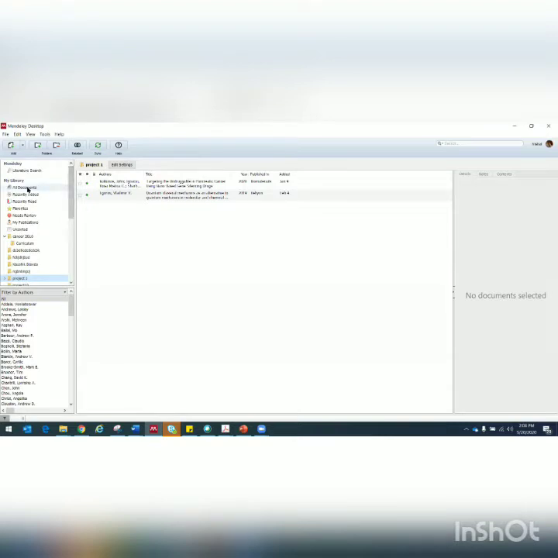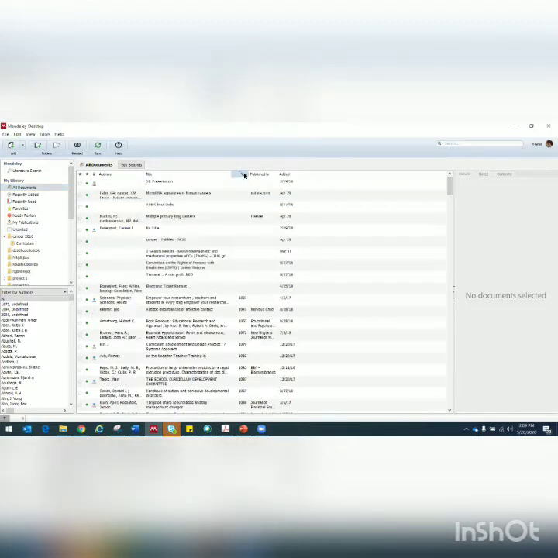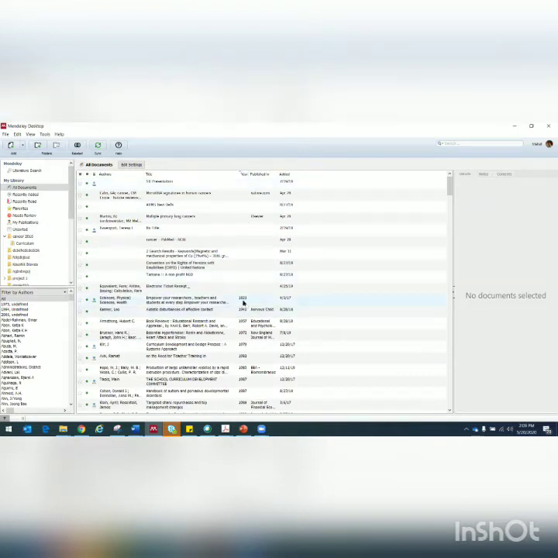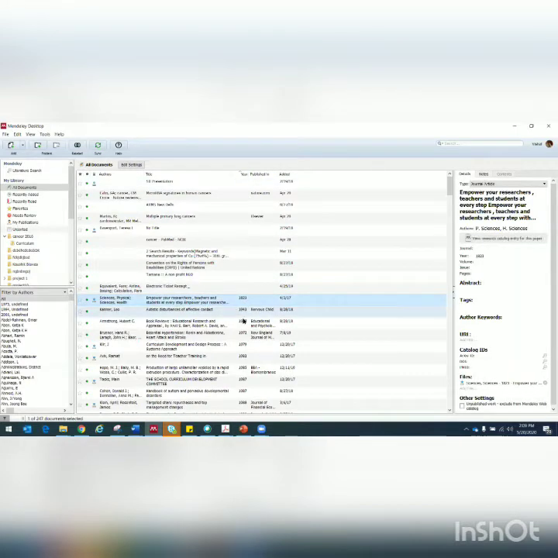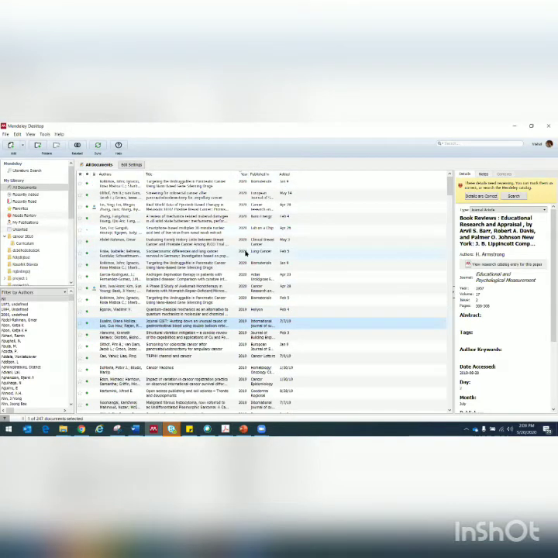And moreover, if you need information on how good your library is, because we read that the editors will want to look at the time ranges of your citation. And if you want to know that your library has enough articles dating back, which are back files, or latest articles, what you can do is simply click on all documents, and then you can click here. So this can sort this on the basis of year, right? And see, I have the earliest article from 1823. So it is right here, right? So you will get a lot of information on Mendeley about how to organize your particular library.